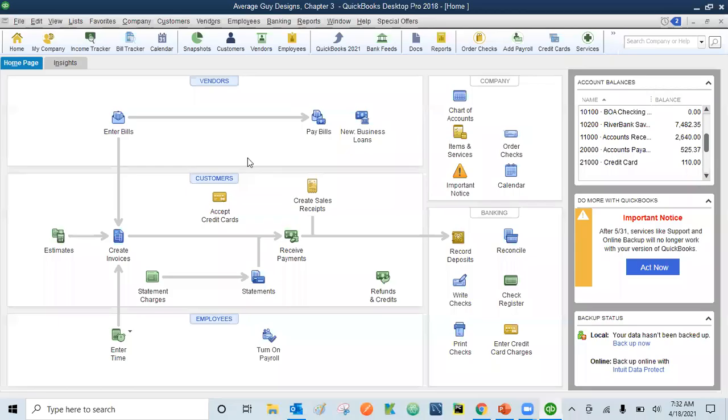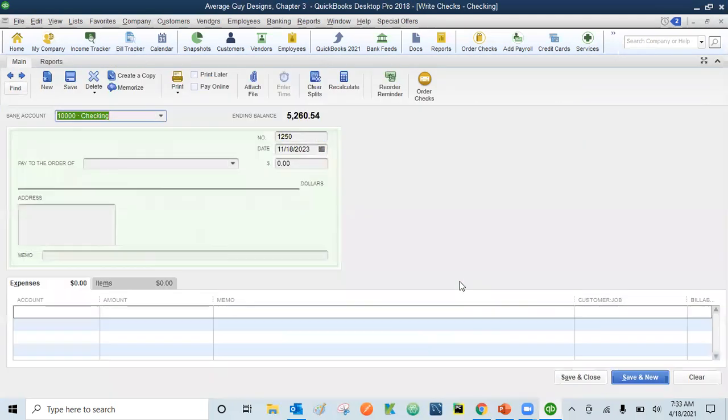So another way of writing check, just now I showed you how to write the check while you are paying the bills. There's another way of writing the check. If you have a transaction where you are making payment right away, like it's not like you are paying after 10 days or 15 days or 30 days of the bill, rather you are paying right away, like a spontaneous payment. So what you can do, simply click the write checks option, and here you'll be updating the transaction. So again, you'll be selecting,